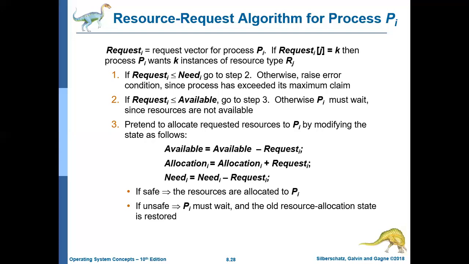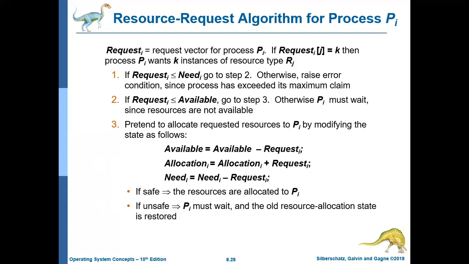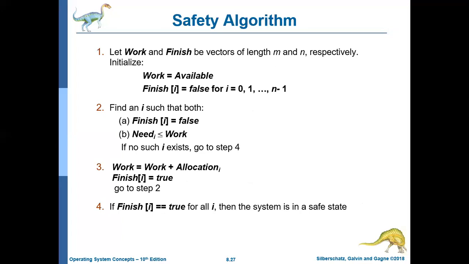In the last class, we have discussed the two algorithms involved in bankers. First one was safety algorithm and second one was resource request algorithm. Safety algorithm was there to check whether the current state of a system is safe or not. If the current state of the system is safe, then we can say there will be no deadlock in that case.